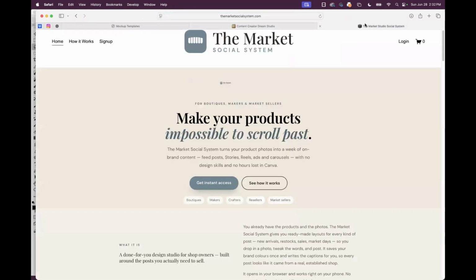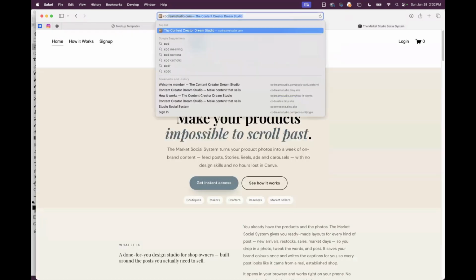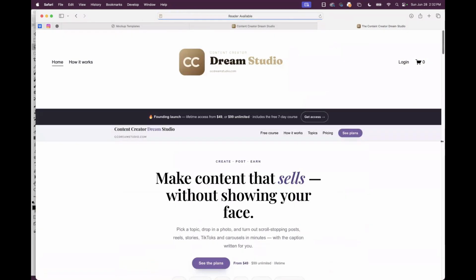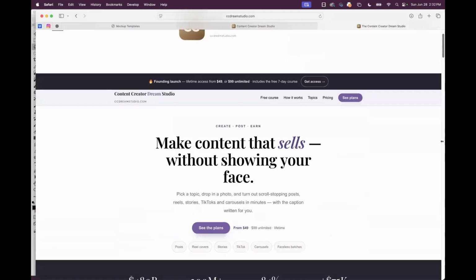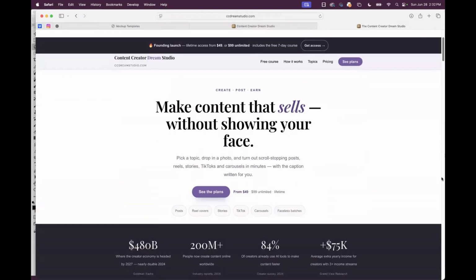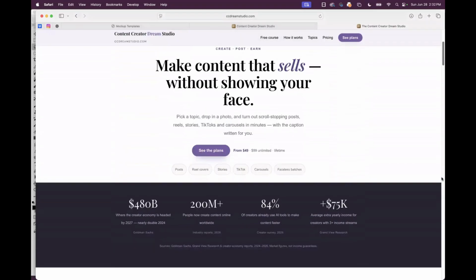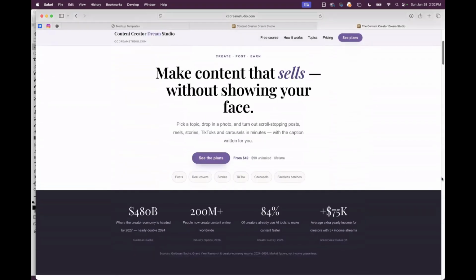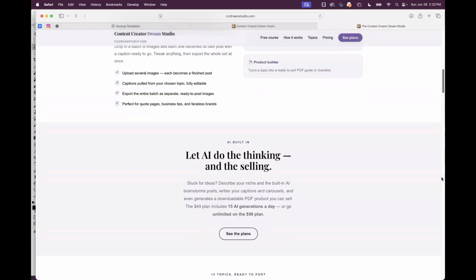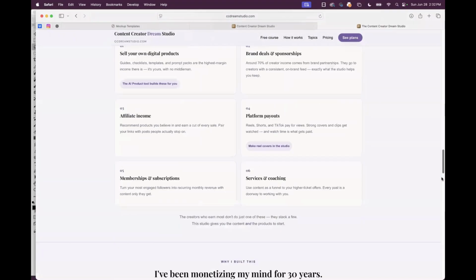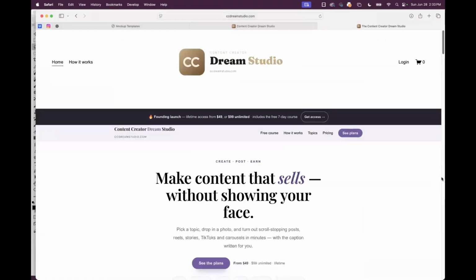This one was something that I originally was kind of creating for me. This is another one. I was creating all of these for me. This one I wasn't going to sell. Content creation is a $480 billion market, you guys, and you may not realize how big it is, but it is bigger than big. There are a lot of people making six figures sitting at home in their pajamas.